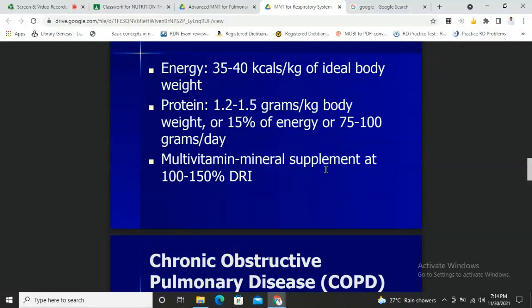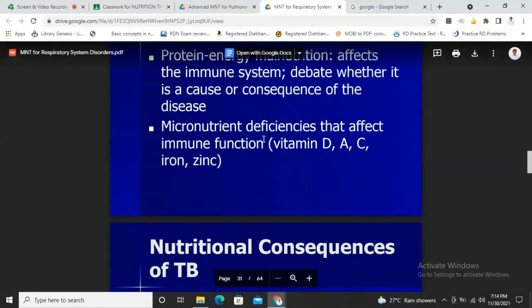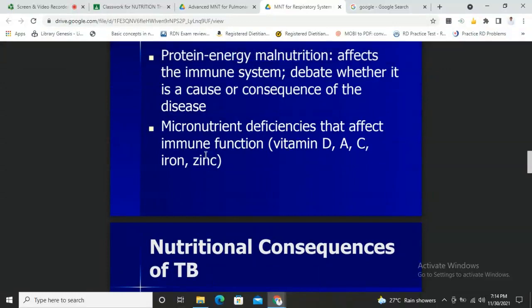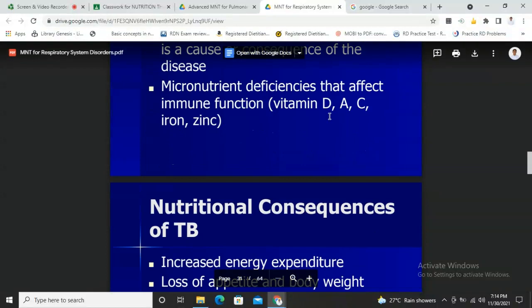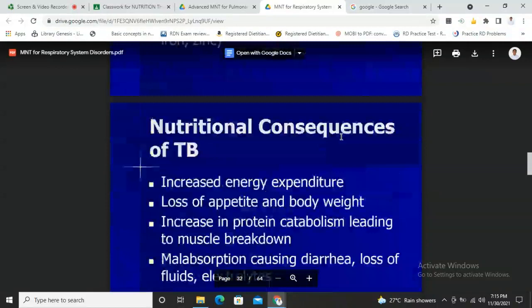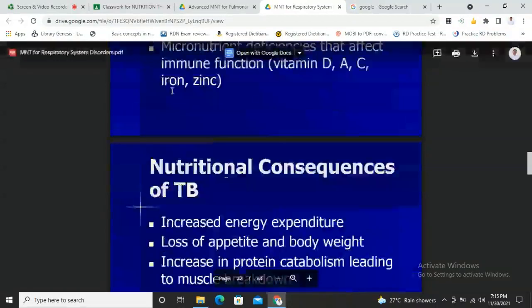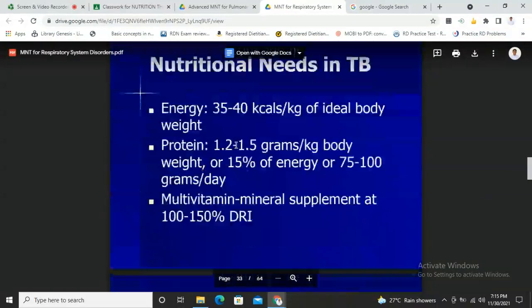Okay, so pwede ra gyud siya mo increase actually kaning mga nutrients no, pwede gyud nato ni increase way beyond the RNI. Okay, basta di lang siya moabot sa UL. And depende sa assessment, if mubo iyahang for example serum zinc level, so kinahanglan gyud nga increase, di ba, iyang zinc intake. So the use of supplements might help, especially if gamay gyud iyang oral intake.